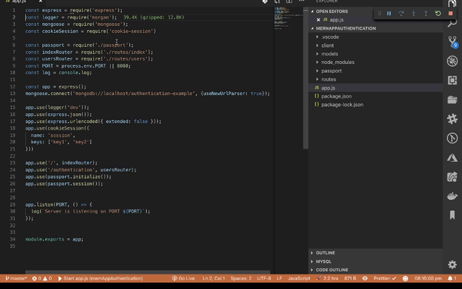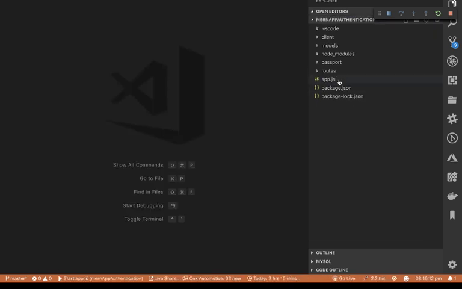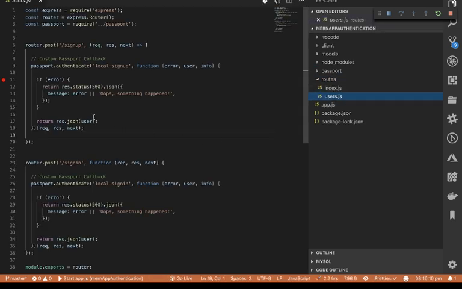All right, so let's see. So we bring the cookie session, and we also bring the cookie session here. So these are the two things that we've done. Okay, cool. And then we're gonna need to do some adjustment onto the routes, because now that we have a session, there's a couple of things that we're going to do. So wherever you have the